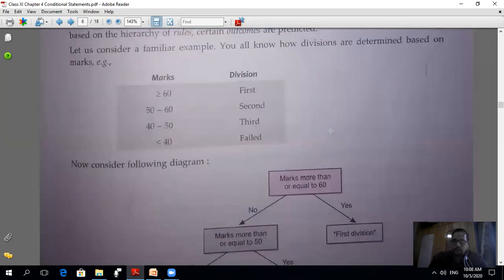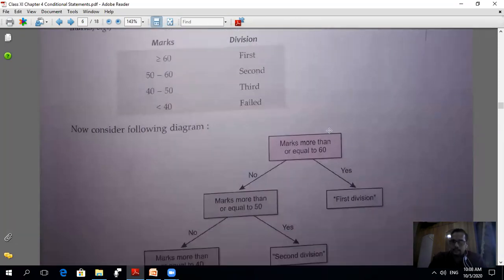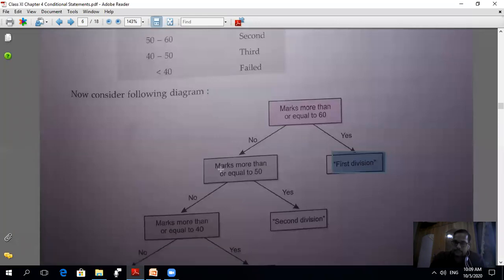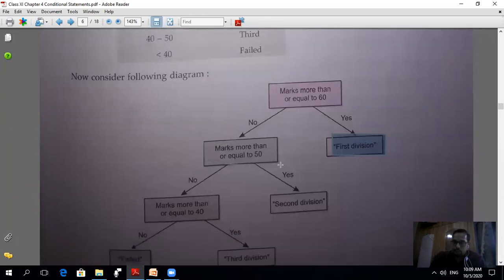For that, we will use a flow chart in the decision tree manner. Look at this. This is the root where the program or condition will start. Marks more than or equal to 60. If it is yes, then the student gets first division. If it is no, meaning the condition is false, then come to the second one. Here, check the next situation.